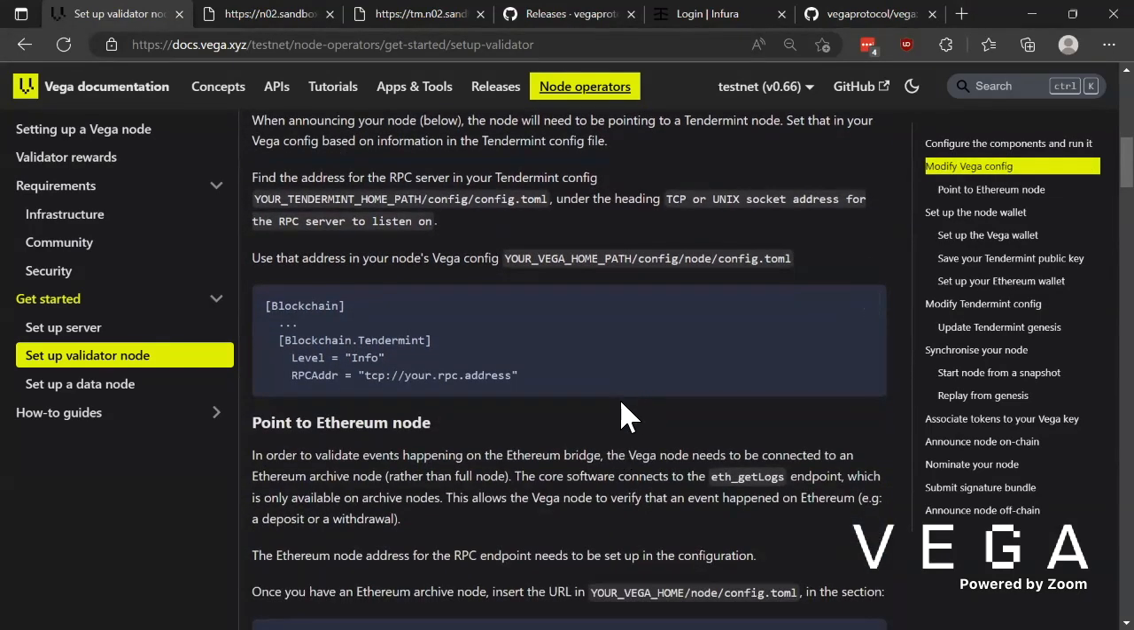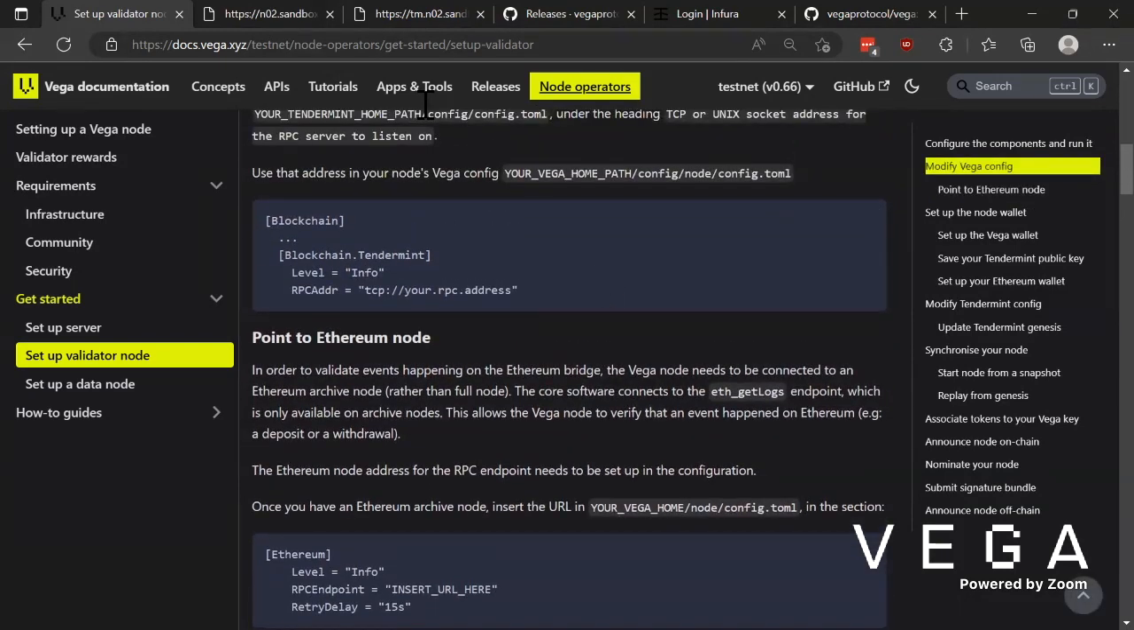Right. So as we said earlier, we need Tendermint to talk to Vega. So we need to go and find out in our Tendermint folder what's the address that it's listening to for its RPC connections. So if we just follow those instructions,